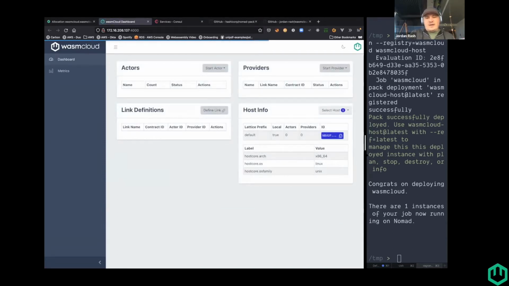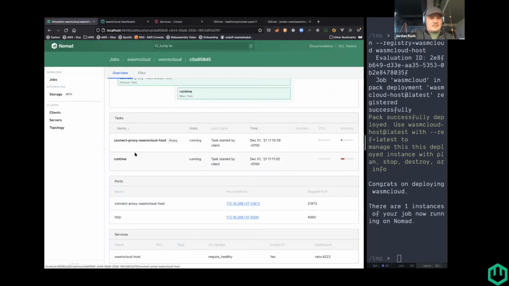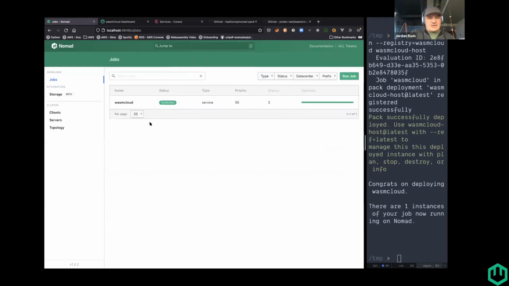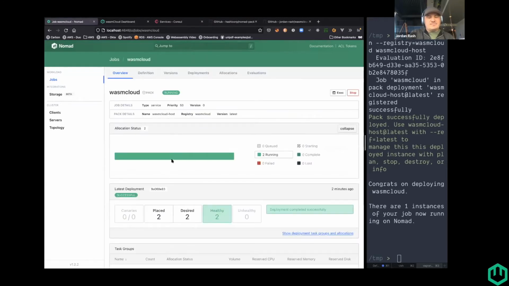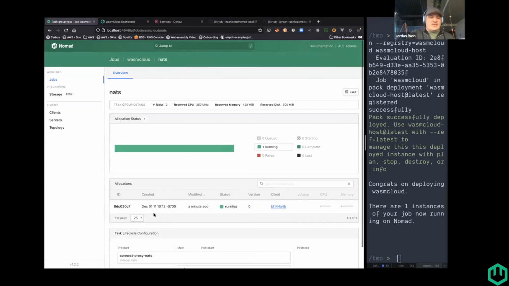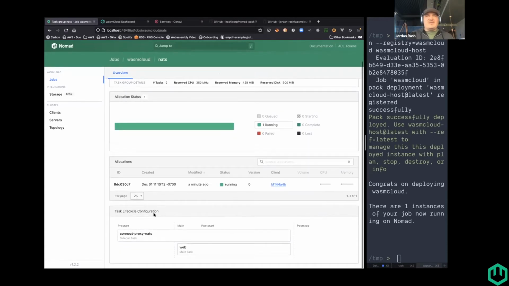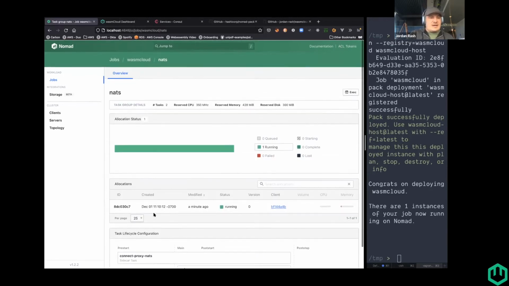And if you want to send the Nats job some configuration, then we can very quickly just have these join a larger lattice. So yeah, I mean, that's it. I'm not an expert on Nomad. I'm not an expert on Consul, but